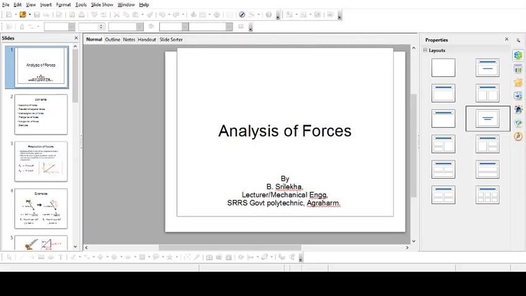So, let us take a simple calculation or derivation of this resultant. So here you can see that if I consider the triangle ACD,